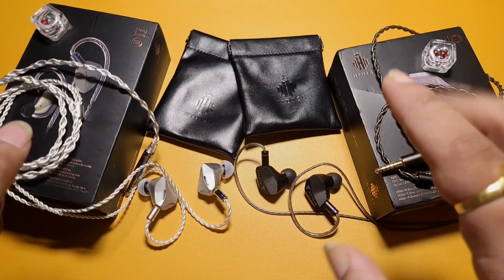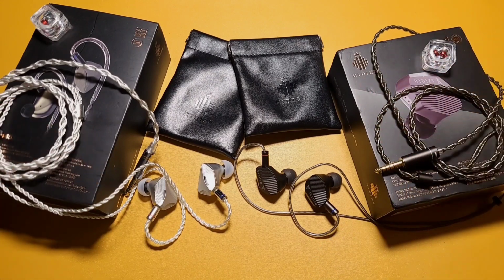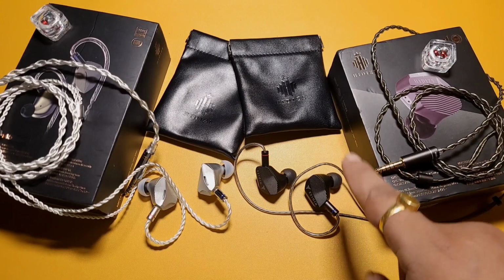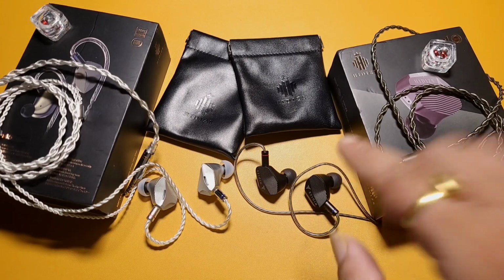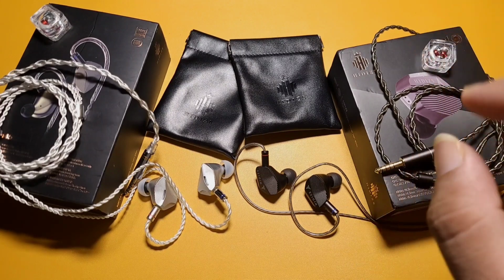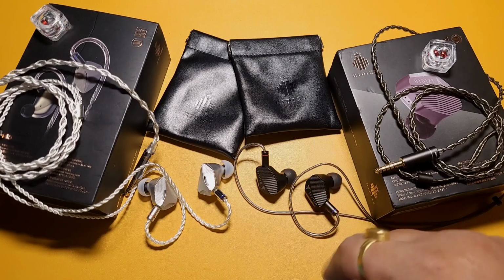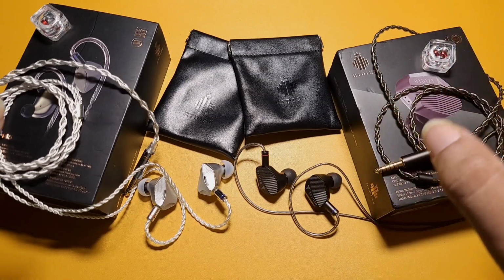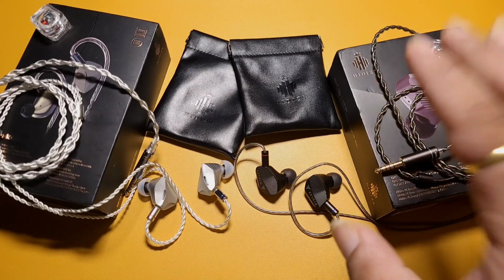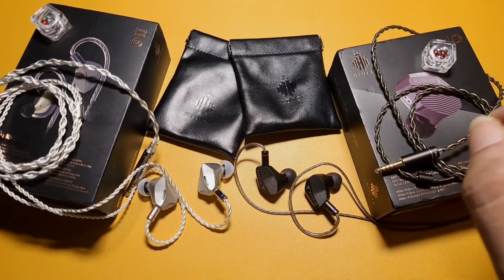Now, I believe most of you guys are aware that Hidizs has announced the price of Hidizs MP143. This is now priced at $80 and will be on sale on 8th of August. I'm not exactly sure what is the time, but it will be available on 8th of August. And at $80, I believe Hidizs MP145 has to be one of the best IEMs, irrespective of the driver type,